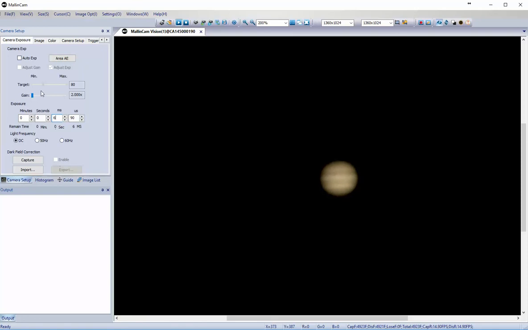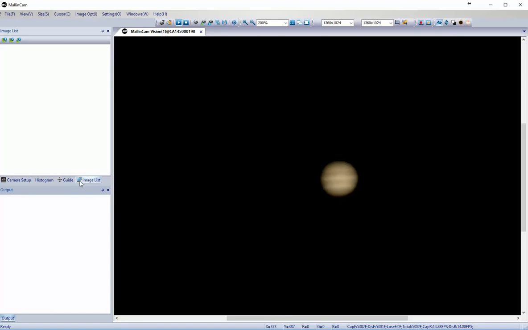Capture, import, export, auto exposure. I've generally used this one just on the sun. I have not used it very much, as you can tell, on planetary. I thought there was a stacking. I thought it had stacking, but it didn't have star alignment. Image list, guide,